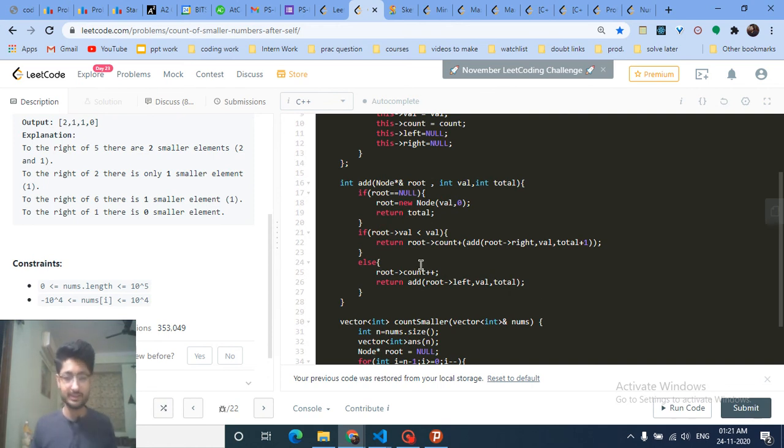Whenever we go to the left side, we will increment the count in the root node, because the root node always stores the number of elements to the left side of it, and because we're inserting one element to the left side, we're going to increment the count of the root node. I will draw one more case to make it more clear. So we increment the count of the root node by 1, and then recursively call the function again on the root's left side, because we're gonna add the node using this part. If you're gonna insert some element to the right side, then for the right side, we're gonna increment the number of elements on the left side, and the left side elements are stored in the root node. So root count plus 1, and we recursively call the function again on the right side.